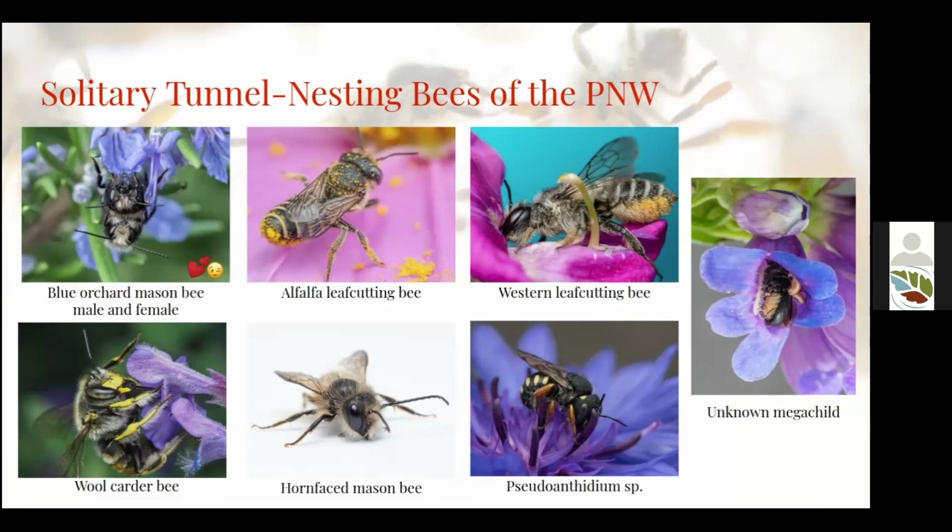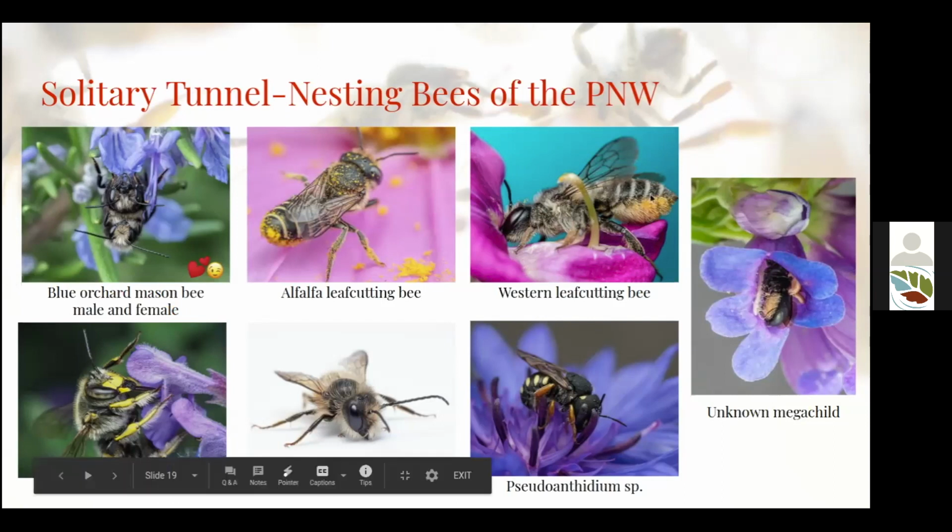But their nesting materials are a little bit more unique. They scrape fuzzy materials off of plants like lamb's ear or tobacco leaves and use that to line their nest chambers. They often get mistaken for yellow jackets because they have that same yellow jacket color patterning on their bodies, but they're a little bit more robust, rotund, larger in size, thicker, fatter, and somewhat shorter, and they'll have more hair on their bodies.